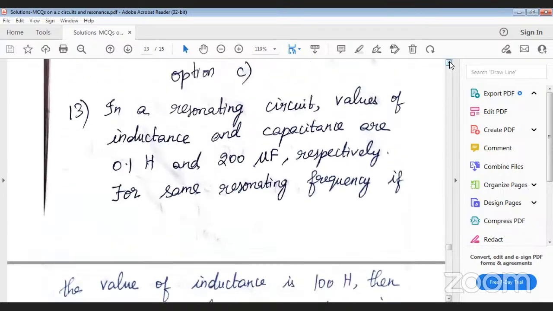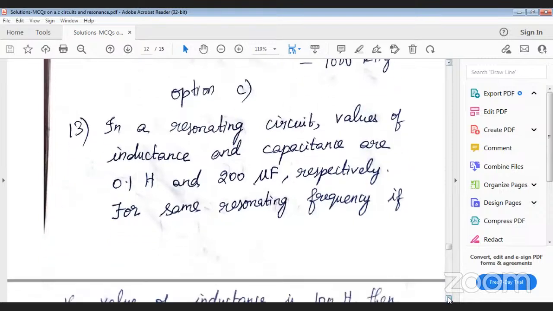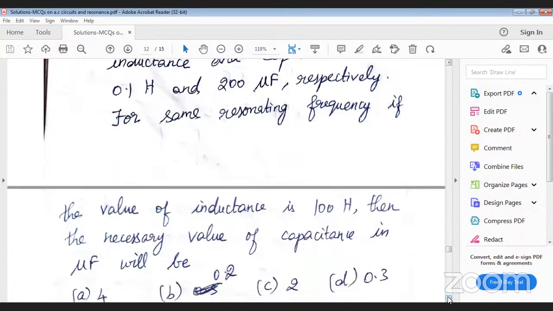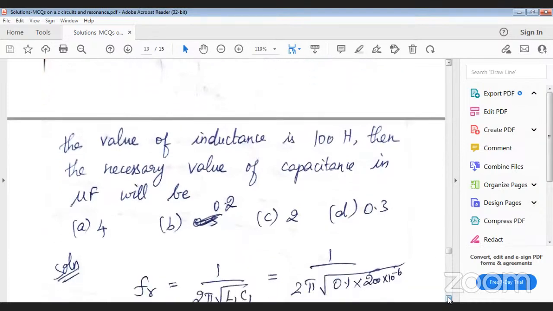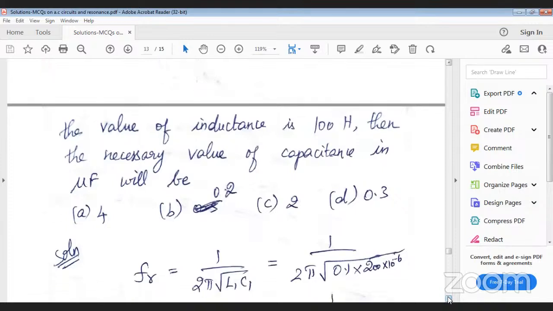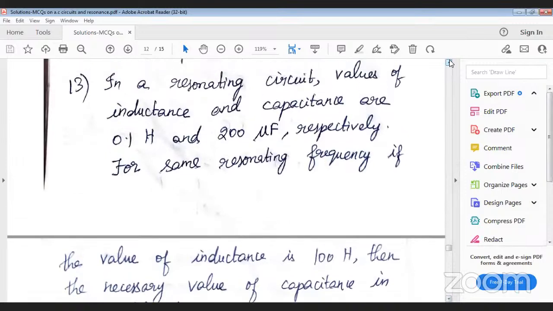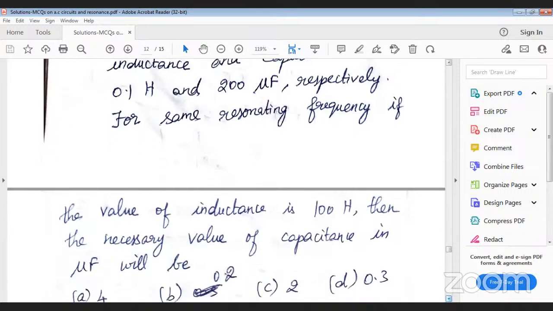So let us see what they have asked. In a resonating circuit, values of inductance and capacitance are 0.1 Henry and 200 microfarad respectively. For the same resonating frequency, if the value of inductance is 100 Henry, then the necessary value of capacitance in microfarad will be? Okay. The resonating frequency they have not given initially. What they are telling is, if you want to maintain the same resonating frequency,